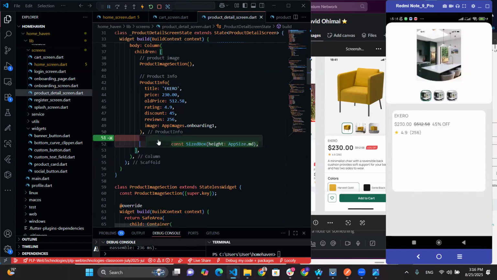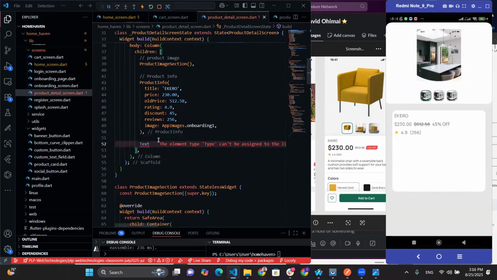And come here and just add text widget. In this text widget, the minimal check